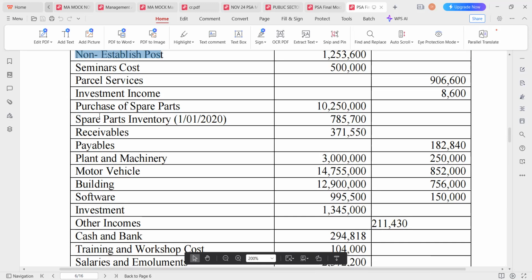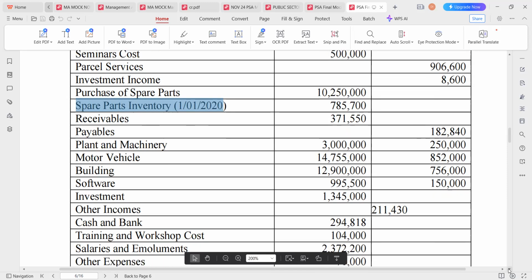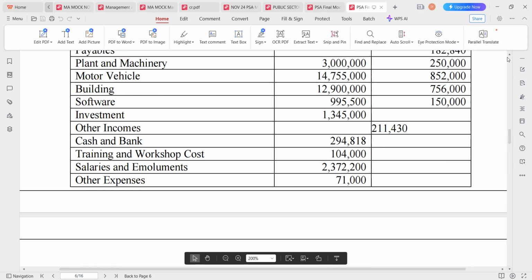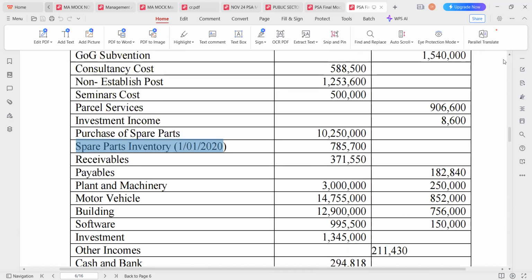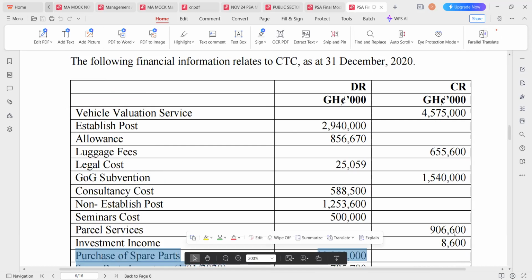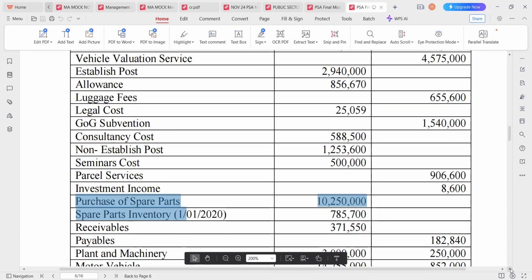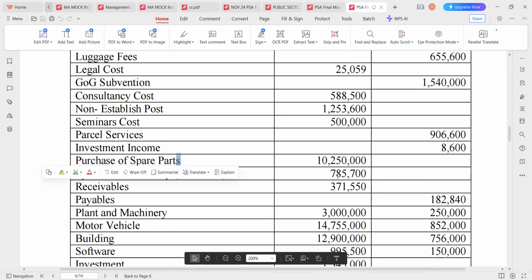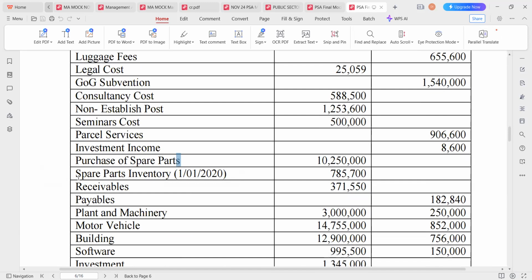And there's something I want you to know. They will do a spare part inventory. This is an opening inventory. Closing inventory will be in the notes. The same trial balance, and there'll be purchases inside. If you go up, there'll be purchases. Purchase of what? Spare parts. And then this opening inventory. So you add opening inventory to the purchases less what?